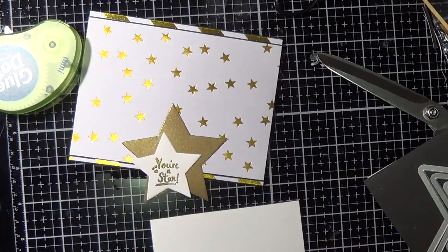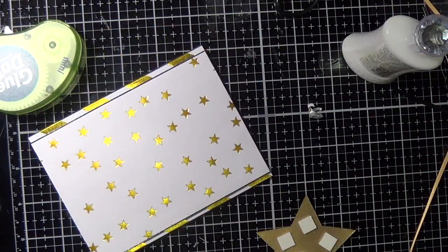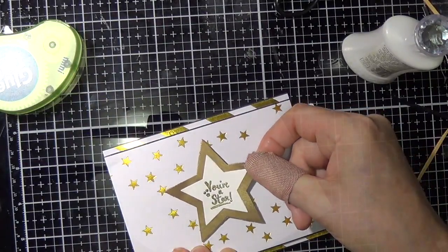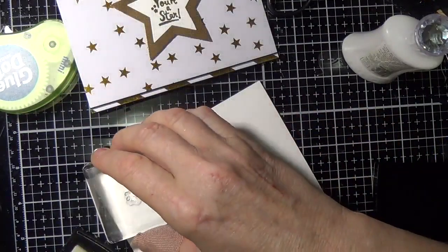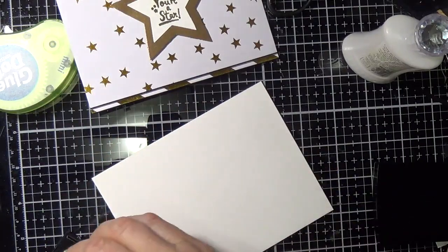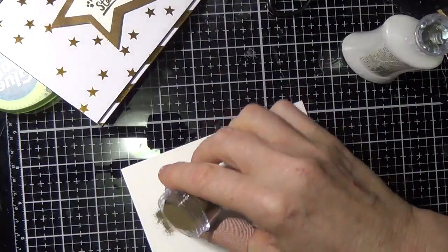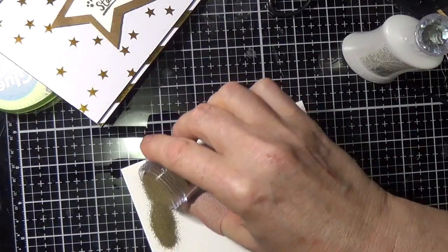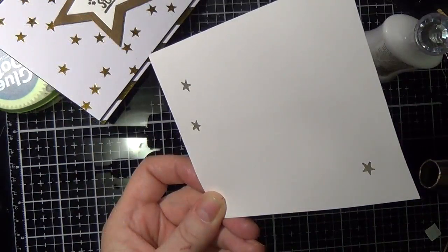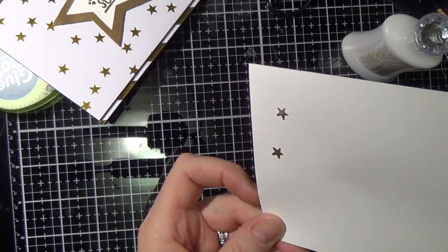I cut the star out of shimmer paper, and then I gold embossed the star with the embossing powder from a few kits ago called Golden Crown. I then took Versamark for the inside panel as well and stamped 3 of the little stars that were included in the stamp set, using the gold embossing powder with that as well. I heat set it and then trimmed it down just a touch so that I could use that for the